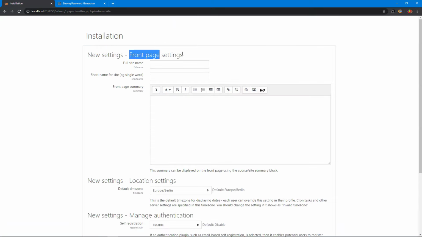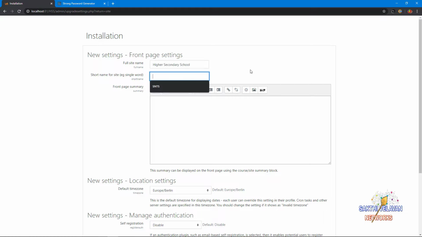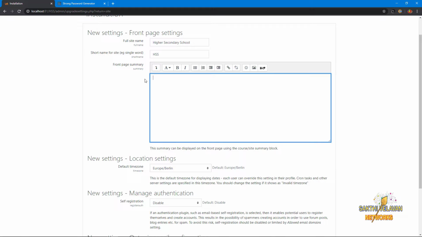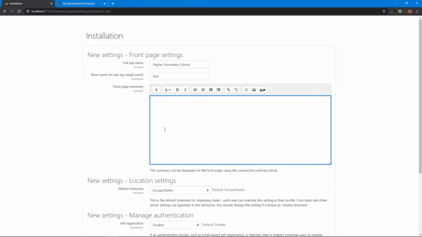This is the front page settings of our LMS site. Here we have to type the full name of our site, Higher Secondary School. We have to type an acronym or abbreviation here. This is the abbreviation of Higher Secondary School and this is the front page summary. I paste the front page description.